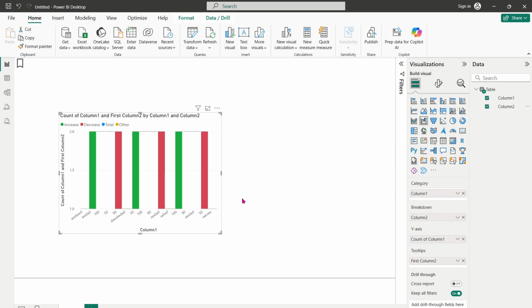To finish, spend a little time refining the visual appearance to make sure it aligns with your audience's needs. A well-formatted chart not only looks professional, but also ensures that your data narrative is communicated effectively and clearly. Once you're satisfied, save your work. In Power BI, you can choose to publish your dashboard to share with others, or keep it